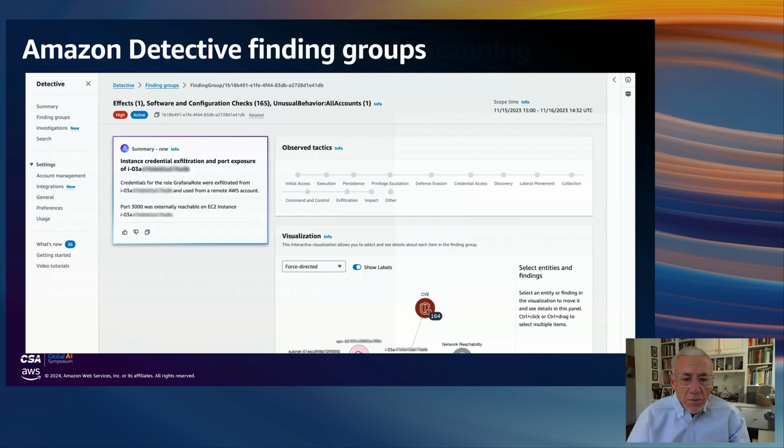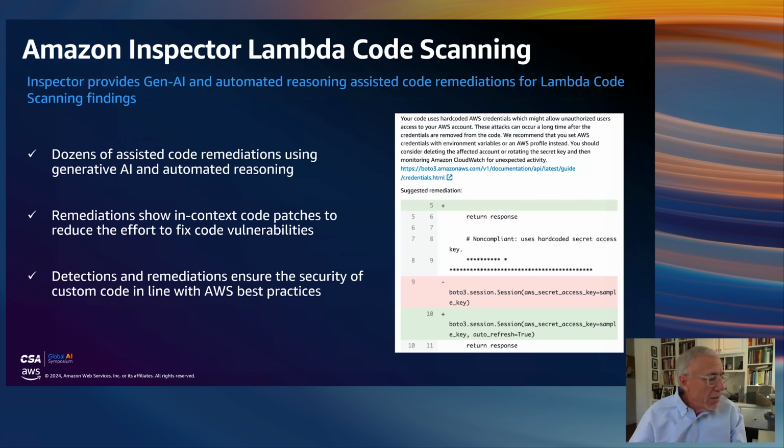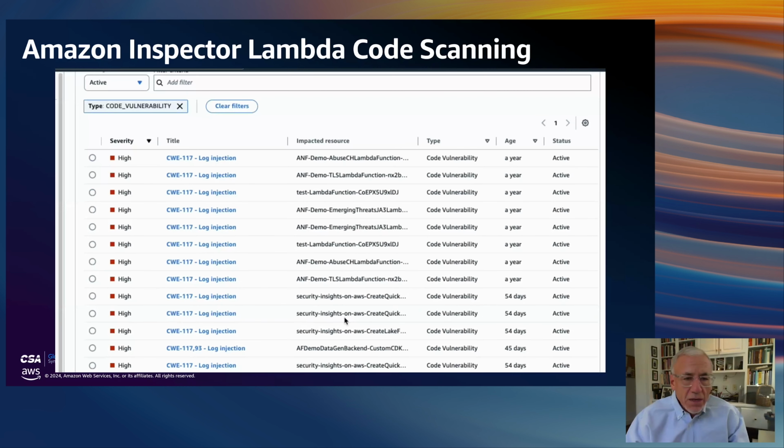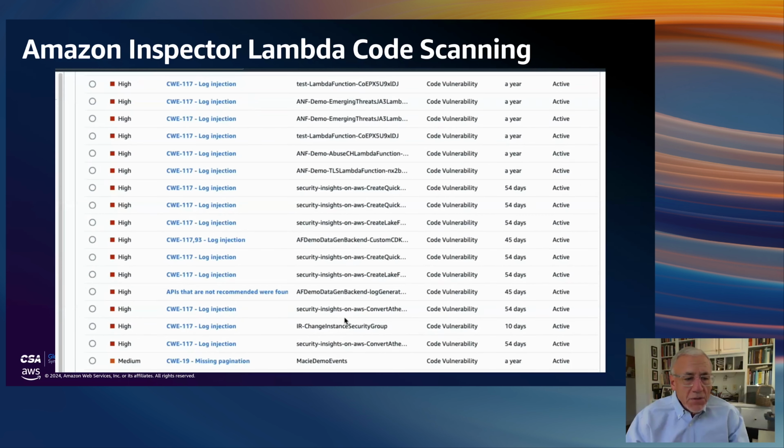Sometimes we'll get these rather long lists of potential issues, like you see on the screen. And that can be daunting. If it's just, hey, I've got 100 findings, you're like, oh, great, now what do I do? But in this case, what